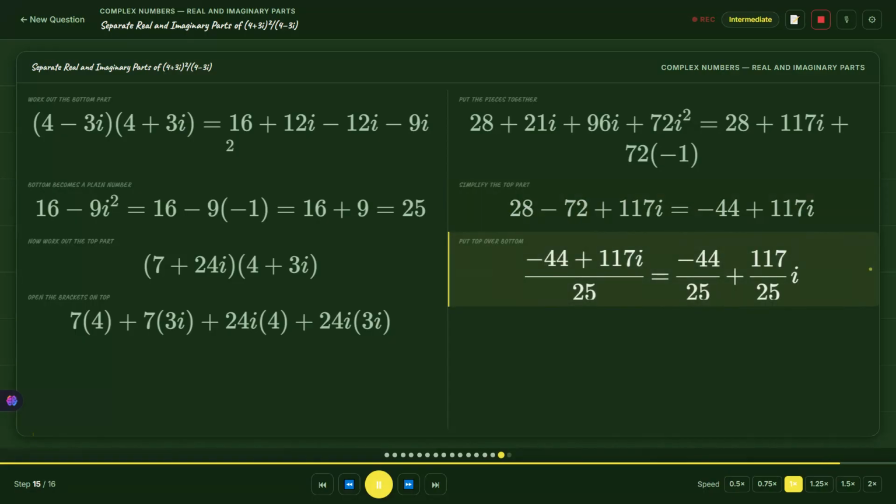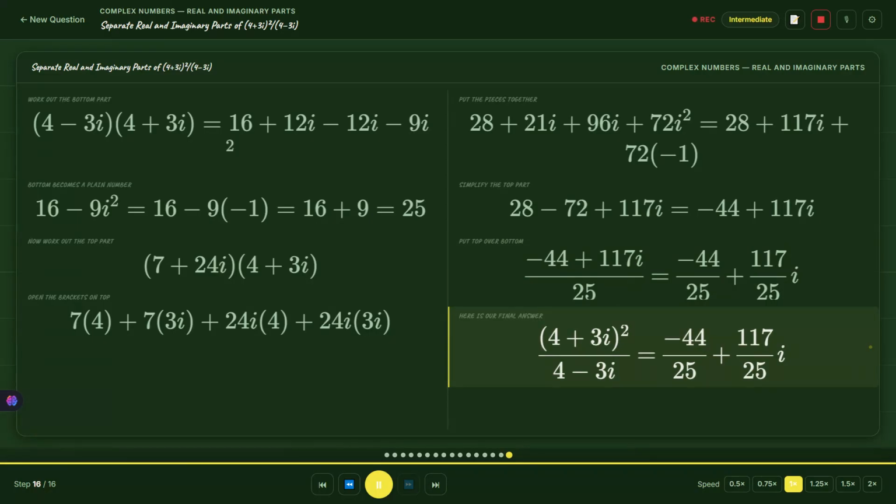Now we put the top over the bottom. We split the fraction into two parts. The real part is -44 over 25, and the imaginary part is 117 over 25 times i. We did it. The real part is -44